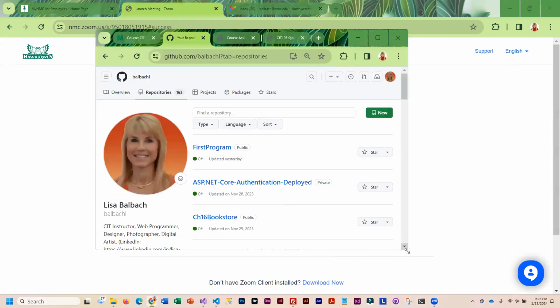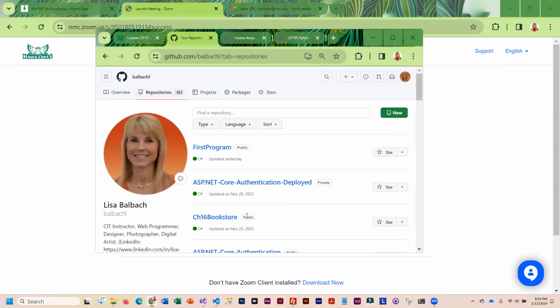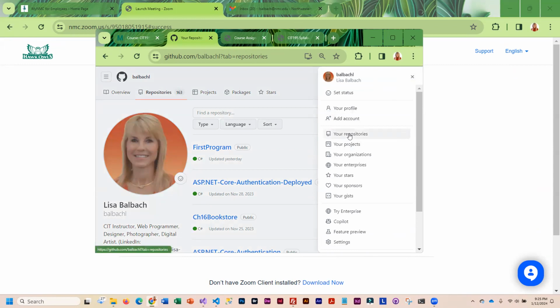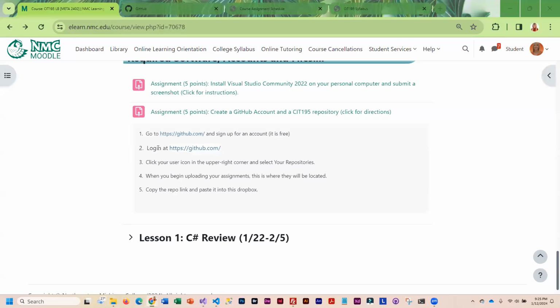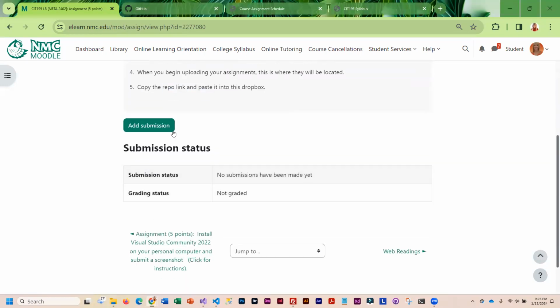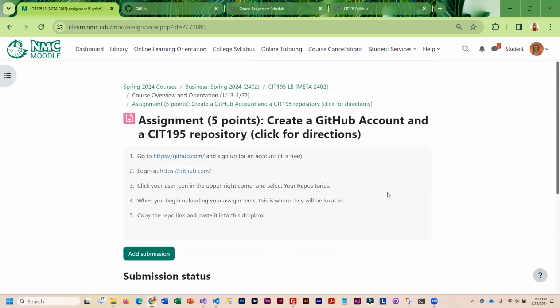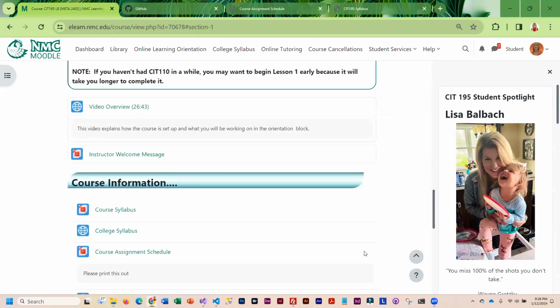Okay, so you can take a little screenshot of this, just so that I know you have the account and that you know how to display your repositories. Okay, and then you will be adding those to the Dropbox. So you'll go ahead, come in here, add that screenshot. Okay, and then you'll get points for having the account and knowing how to access your repositories. And that is what you have to do for week 1. So really not a whole lot of work here.